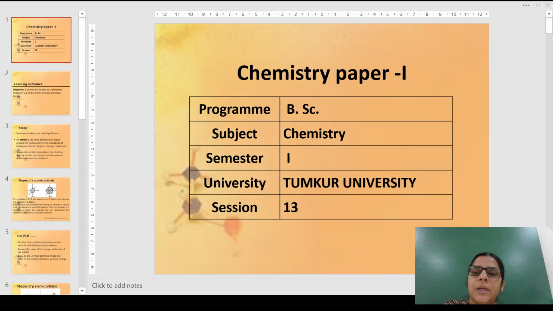dz2 is like we find two lobes, and somewhat like there is a ring between these and a lobe. So this is along the z axis. Therefore, this is known as dz2 orbital. dx2-y2 is along the x and y axis. The dxy, dxz and dyz orbitals are in between the axis. They are oriented in between the axis. So depending upon which axes they are oriented between, they are named as dxy, dxz and dyz.